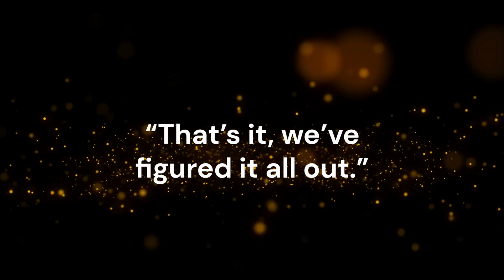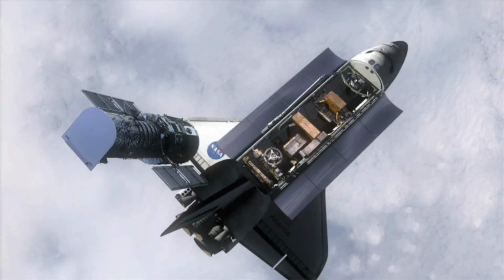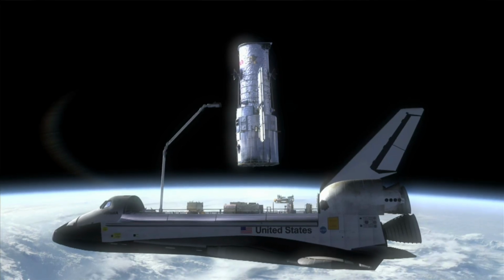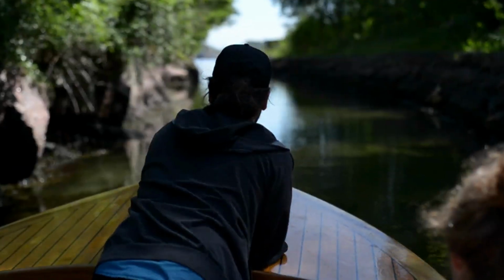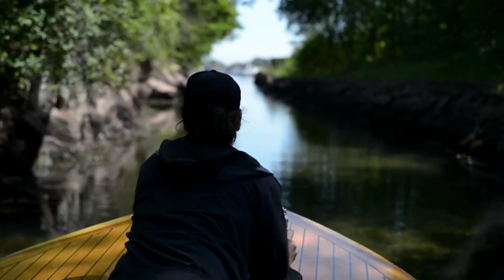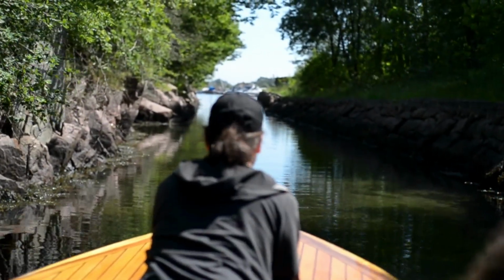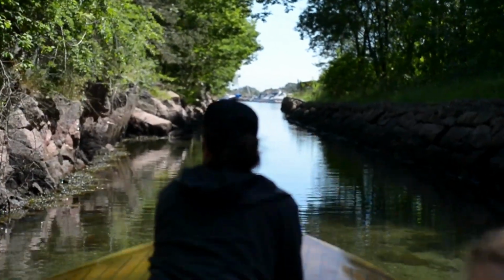There is nothing in science like we'll wind up everything using one trick. No moment where we say, that's it, we figured it all out. The search for scaling up our computational power must continue, pushing the boundaries of what we think is possible. Yet physical limitations are starting to push back, forcing us to ask, how much further can we really go? But remember, any idea, just like Moore's law, can bring a revolution for decades. So let's just keep exploring, questioning, and unveiling the mysteries of science and the secrets of the universe to drive